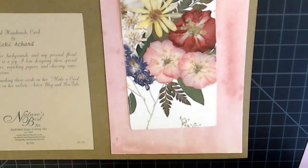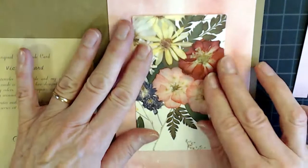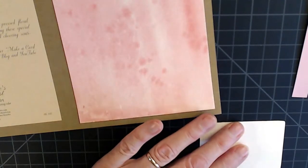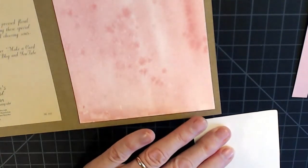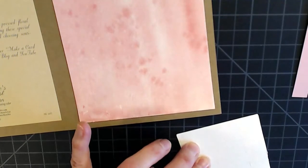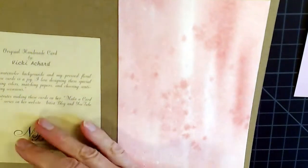So then I like to put the right side down first. But first I'm going to put some more ATG gun stuff on this part to get that down first. When I make my cards, I like to use dimensionals at times, but not a lot, because when you go to mail them, I don't like them too thick,